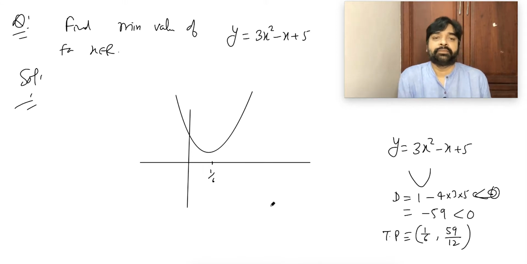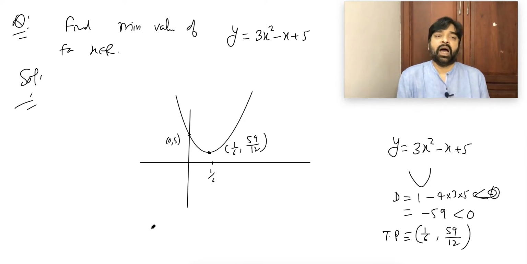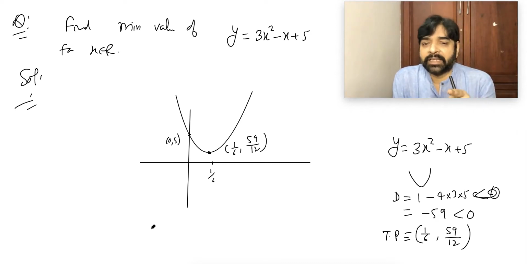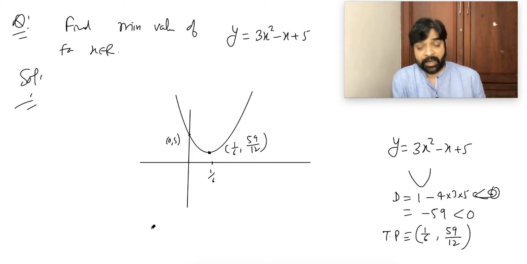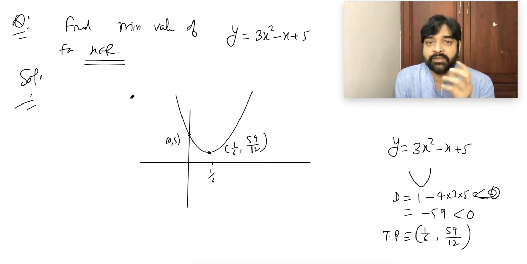Something like that. This is your graph. Have you understood? And this coordinate is 1 by 6 comma 59 by 12. This coordinate of course 0 comma 5. But now let them ask anything. I don't care. Suppose they ask you here if x belongs to real numbers. This line is very important. Please concentrate, everybody. If I do not give this line, I cannot give the answer. Here only I will play. I will change this interval and immediately the answer will change. Same question, answer will change.